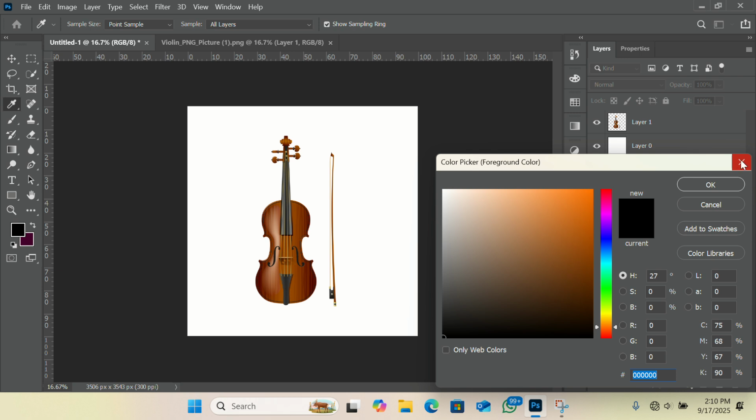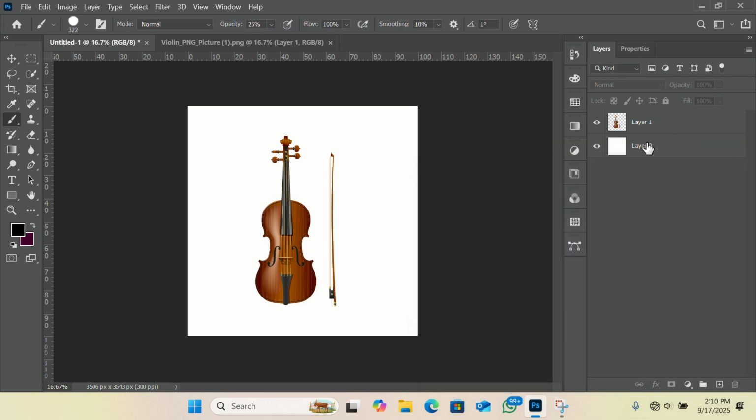Okay, so let me just select. So let's select this one, the layer. Go ahead, the brush tool. So they will just, which does not work. You see, it's not working. Okay, so what I'm going to do is that I'm going to show you the easiest way to add a